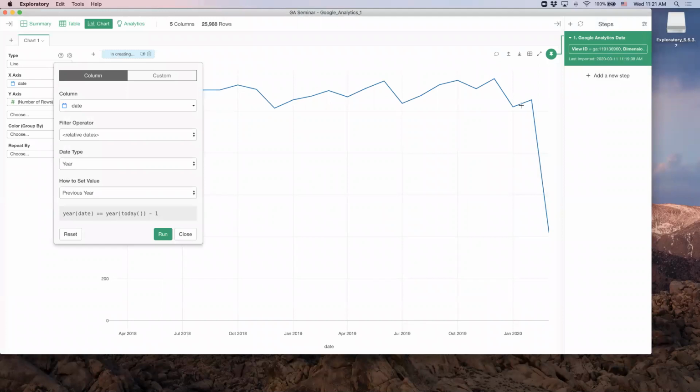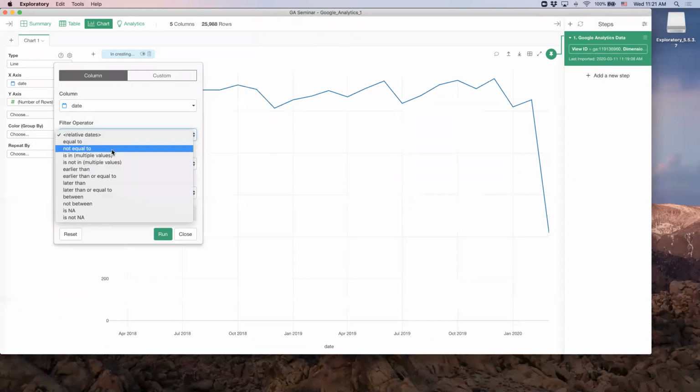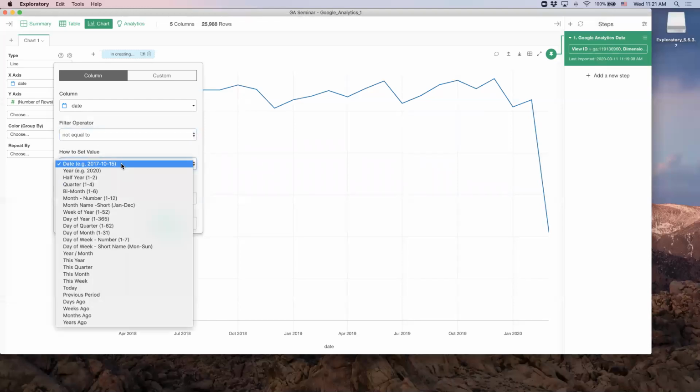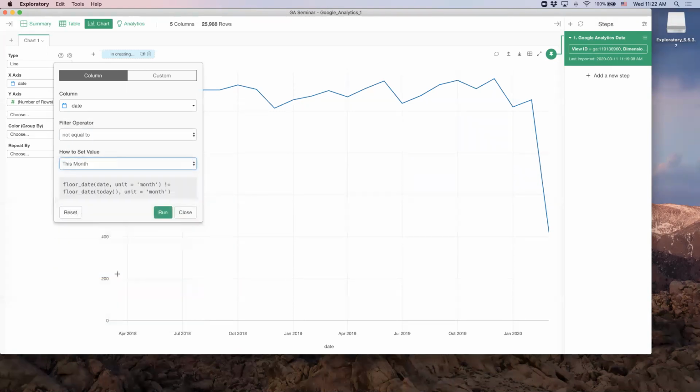I can create a filter step, or I can create a filter inside the chart, either way. So let's do that inside the chart for now. I'm going to select not equal to, and then set the value. Instead of setting the date, I want to say not this month. If you are analyzing by weekly, you could say, hey, exclude this week, because last week you already have 7 days of data. This week, let's say today is a Wednesday, so you still have only half of the week's data. So you can select this week. But in this case, I'm doing it by month, so I'm going to select this month,